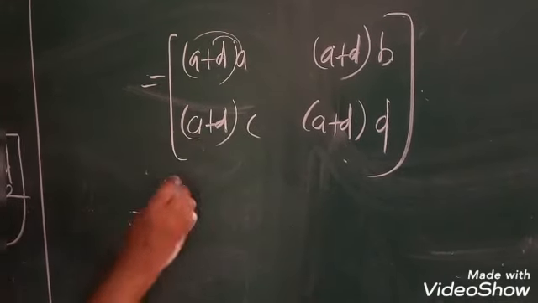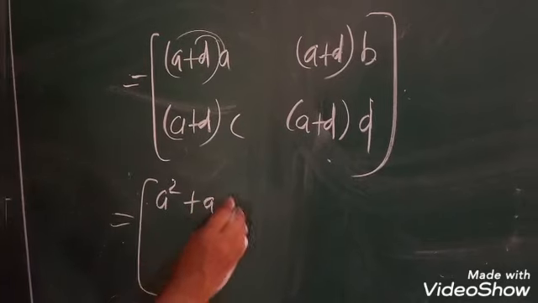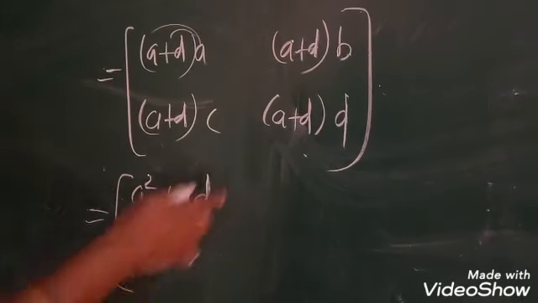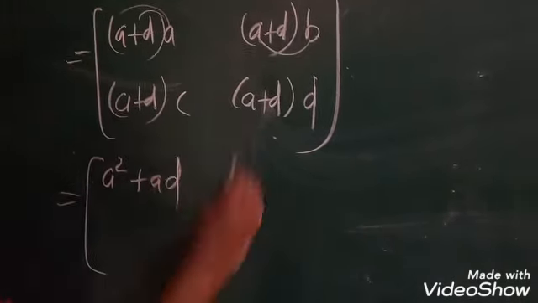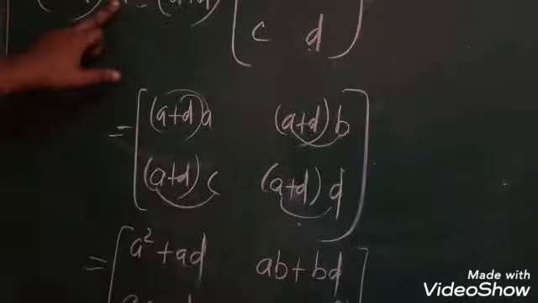Now each element should be multiplied by A, here B, here C, here D. Okay, now A into A, A squared plus AB. Okay, this is for the first element. Then the next element multiplied with B: AB plus BD. Okay. Next C: AC plus BC or CD. Okay. Here AD plus D squared. This is called (A plus B) into A. Now what is the LHS? Yes, LHS is A squared minus (A plus B) into A.